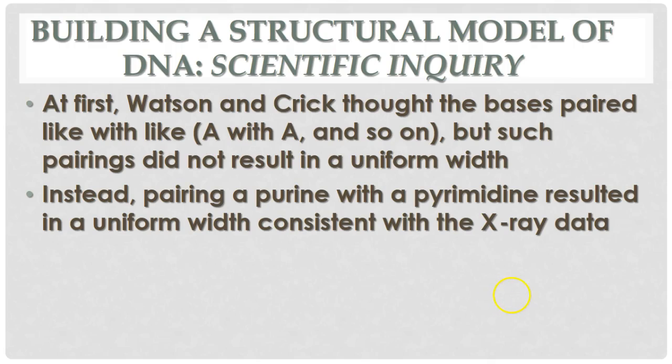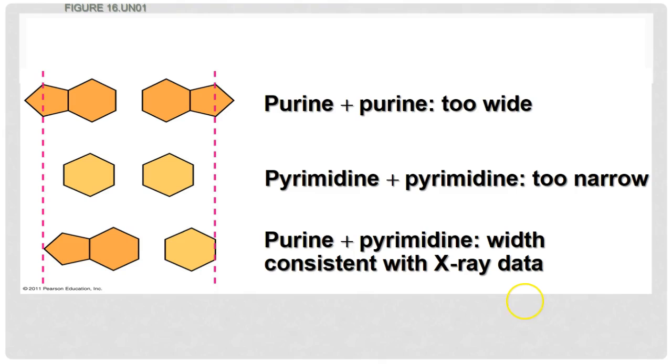And this gave a consistent X-ray picture like you saw. If they put purine with purine, then some portions of the molecule would have been wider, and pyrimidine with pyrimidine, some would have been narrower, so you would have ended up with a back and forth motion. Whereas when putting a purine with a pyrimidine, as we see with adenine with thymine and guanine with cytosine, then